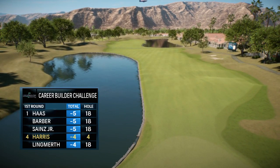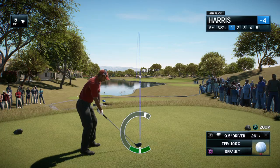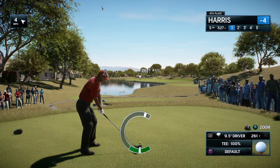Well, here we are at the fifth hole, a 535-yard par 5 for the long-hitting professionals. Frank, certainly not a long